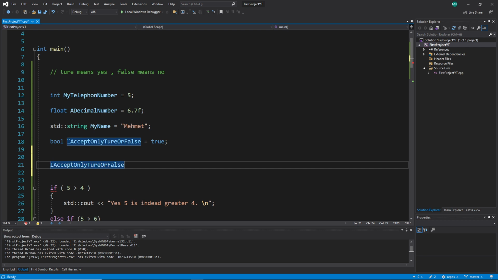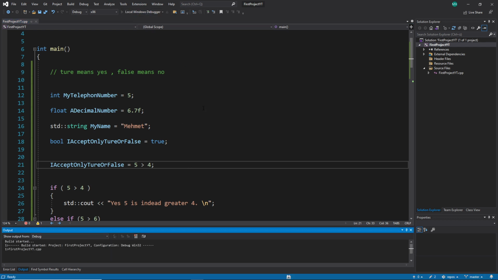We learned that we use a variable just by typing it here. And then I can assign here something, for example, a math comparison. I said this one will translate behind the scene to a bool value, and a bool value is true or false. Let's see if this is true. When I write 5 is greater than 4, and I make here a semicolon, and I save this and I start,